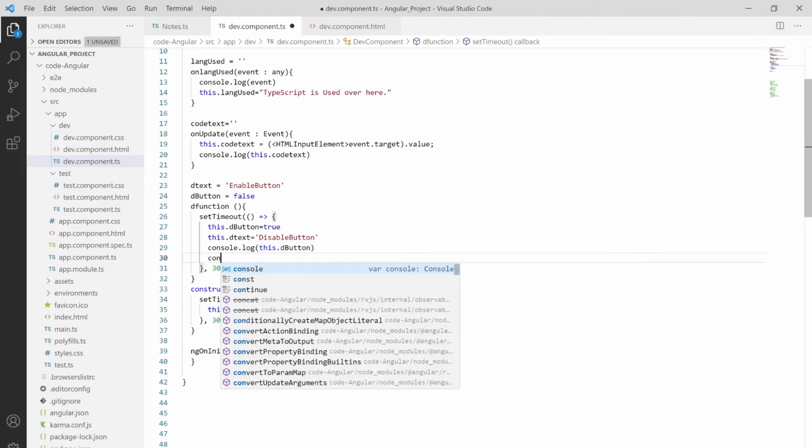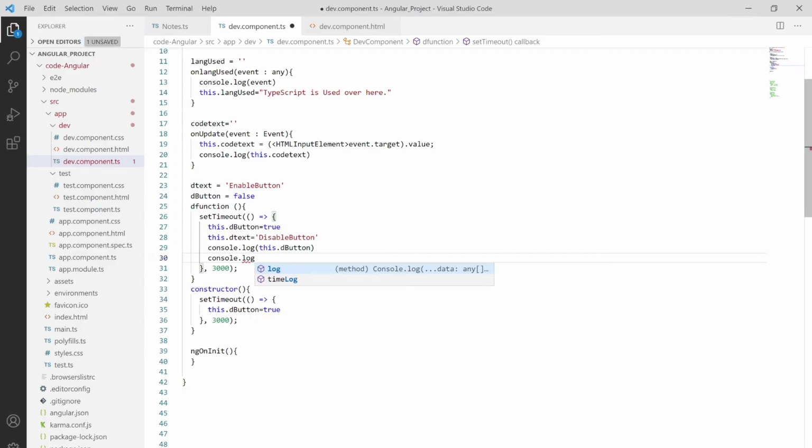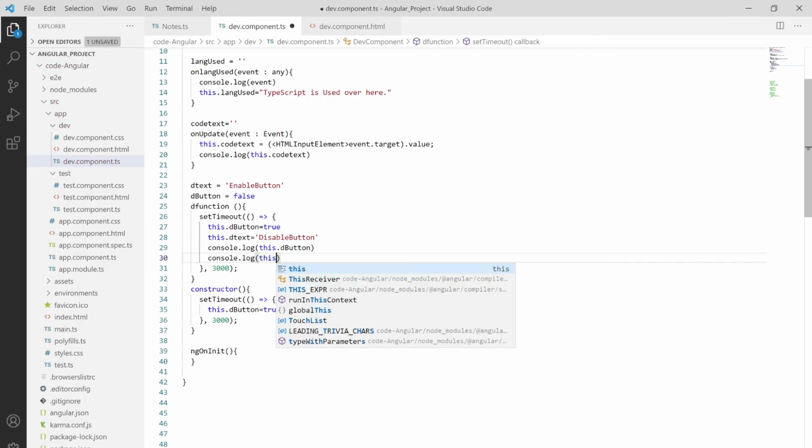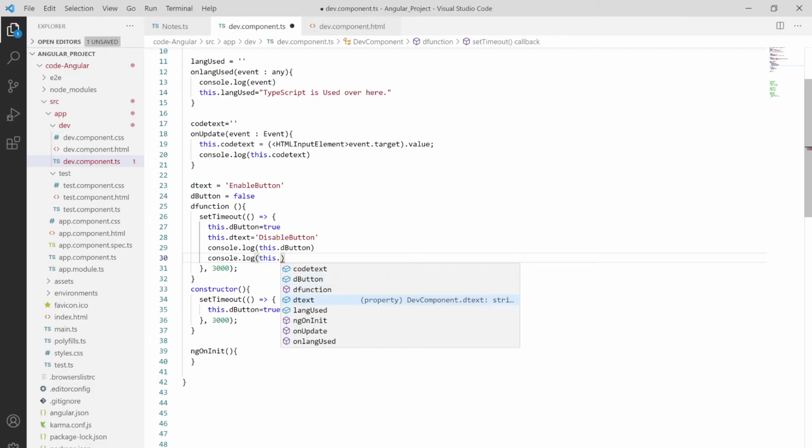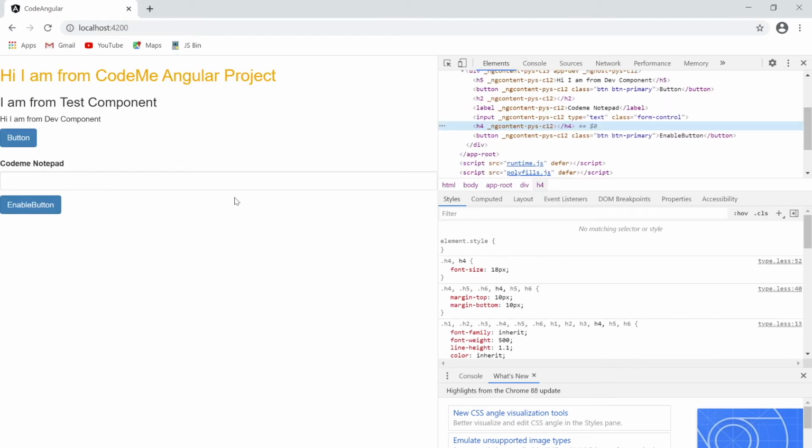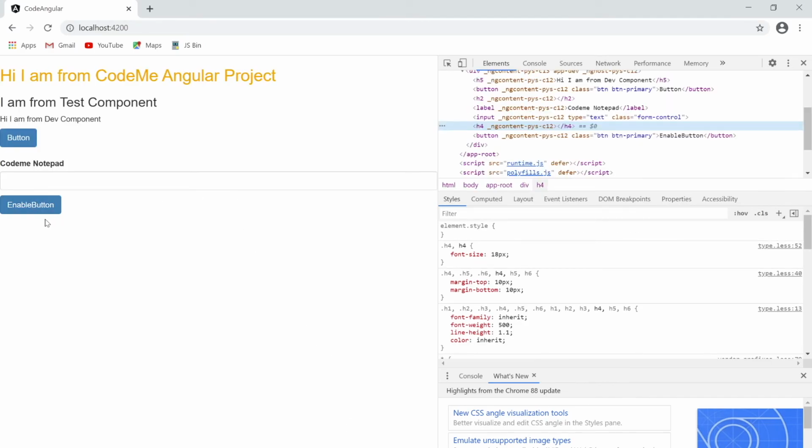And console dot log, we also want this dot D text over here. So D text over here, let me save this thing. And if you go to the browser you can see it's enable button, but see it's disabled.